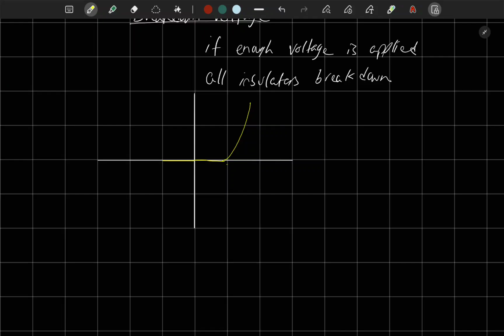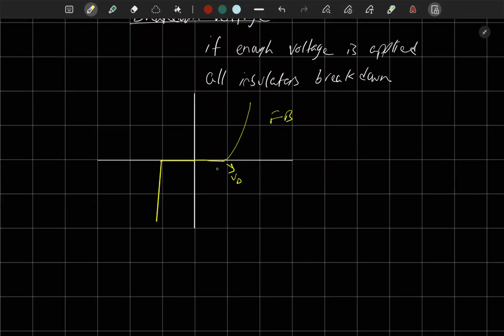Here we have VD, here we have current and forward bias, but here we will have, at a certain point, after that it'll just drop like this. It'll be mostly linear, so almost straight,